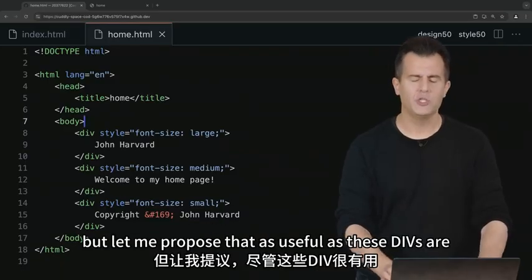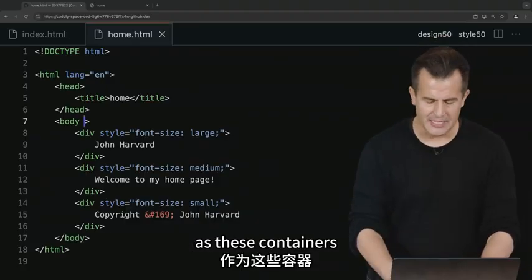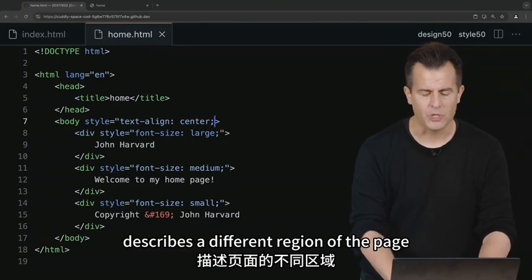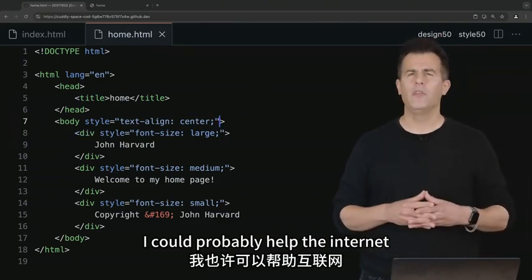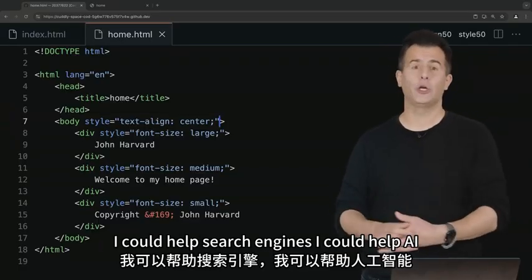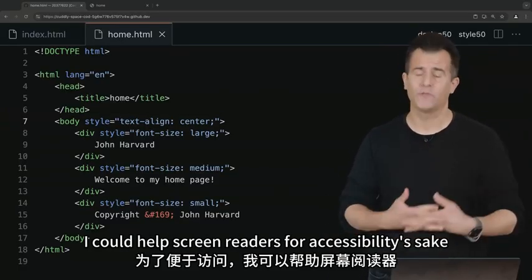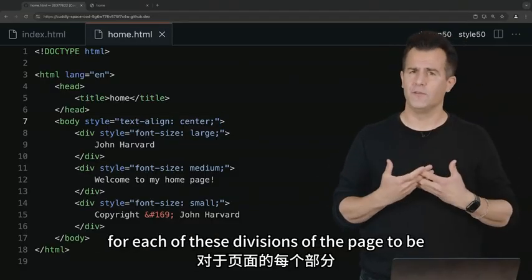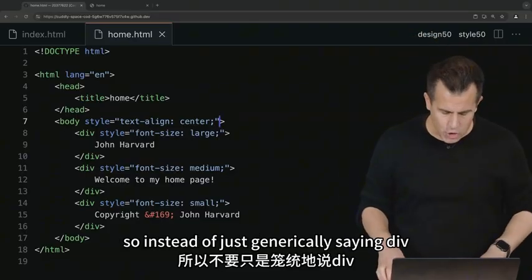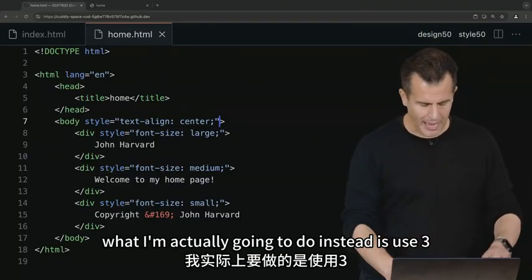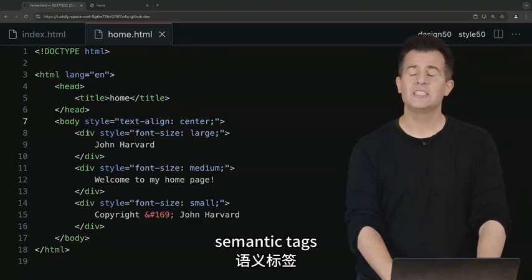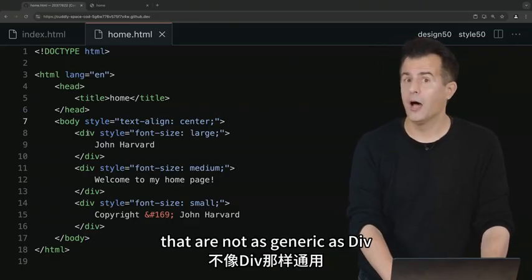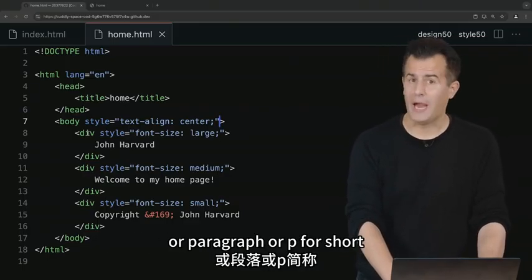But let me propose that as useful as these divs are, as these containers, whereby each of them describes a different region of the page, I could probably help the internet. I could help search engines. I could help AI. I could help screen readers, for accessibility's sake, understand a bit more about what I mean for each of these divisions of the page to be. So instead of just generically saying div, what I'm actually going to do instead is use 3 semantic tags. And by semantic tags, I just mean HTML tags that are not as generic as div or paragraph, or P